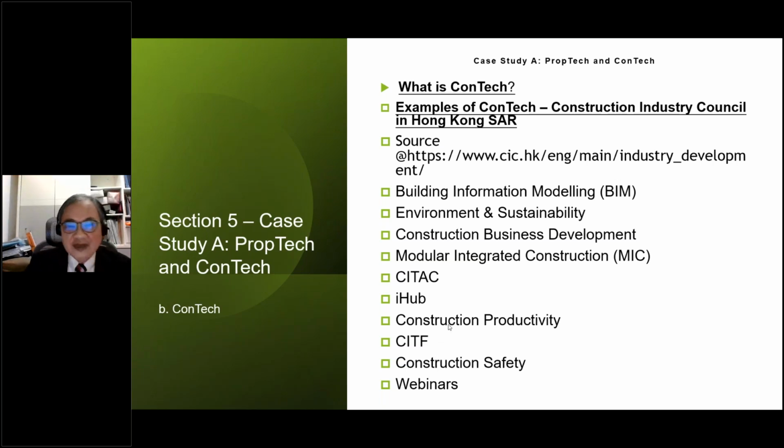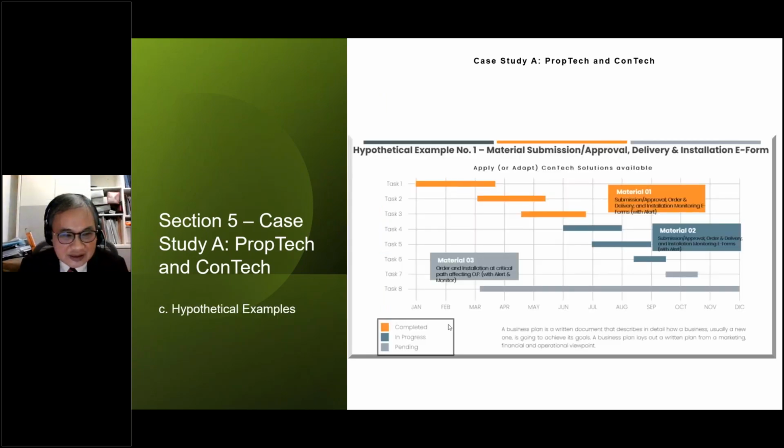And I will end part 5 of today's webinar by 3 hypothetical examples of how we can apply IT solutions and big data solutions in the construction sector.